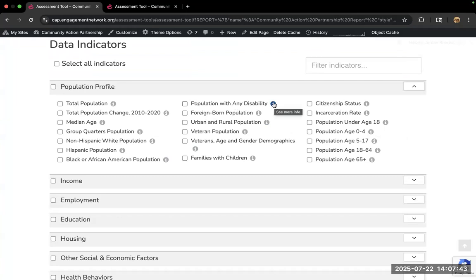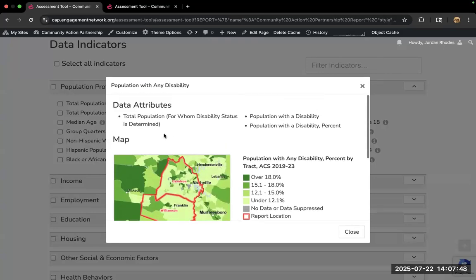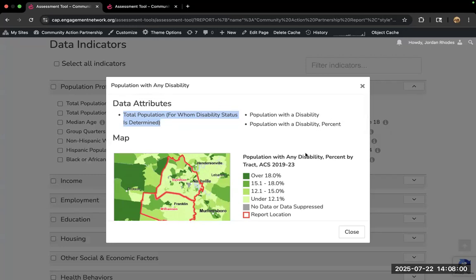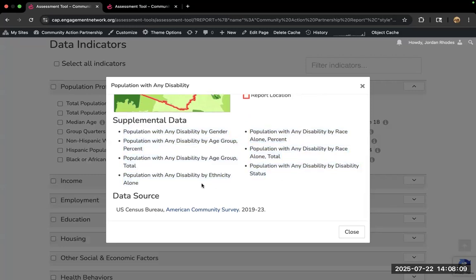We can click the little I button beside any of these indicator names, and a pop-up is going to appear that's going to tell us that when we add this to our report, it's going to give us total population for whom disability status is determined, and our percent of population with a disability. It's also going to give us what we call supplemental or breakout data. So whenever possible, we're going to provide data by age, gender, race, and ethnicity. And this is an example of that. And then we are always going to link you back to the data source.